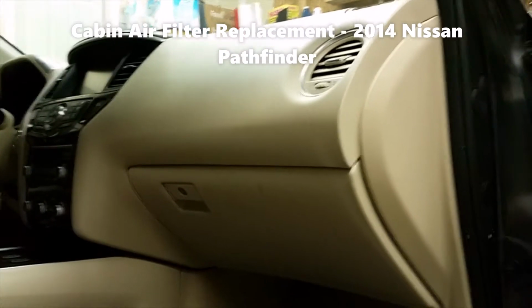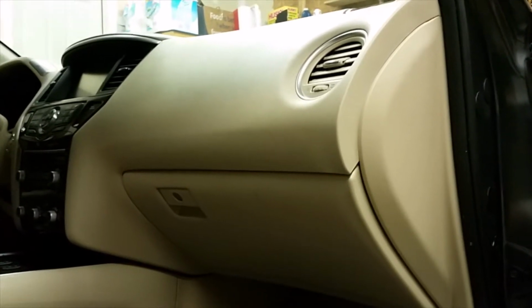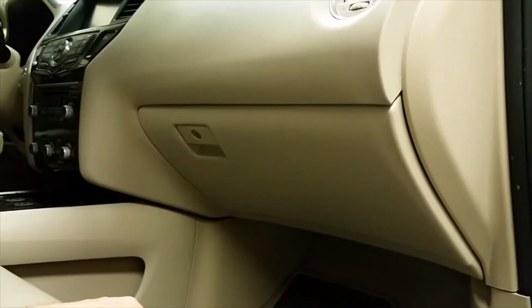I'm going to show you how to replace a cabin air filter on a 2014 Nissan Pathfinder. There are different ways I've seen online. One of them is